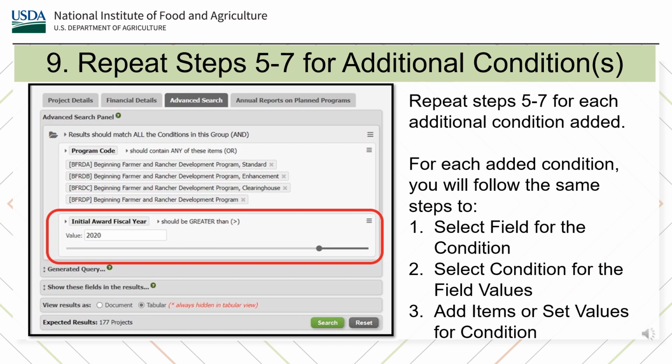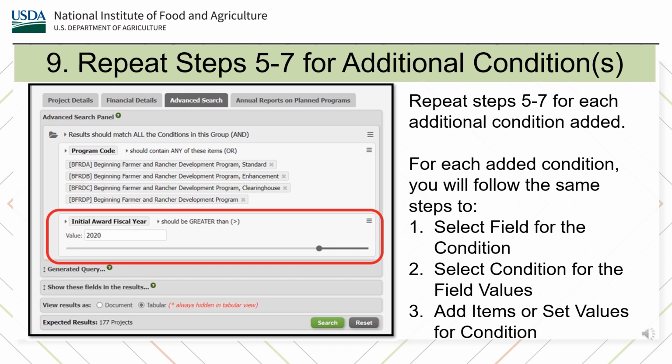For each additional condition added, you will repeat steps 5 through 7. For each added condition, you will follow the same steps to select the field for the condition, select the condition for the field values, and then add items or set values for that condition. In this example, I have selected the field Initial Award Fiscal Year for my second condition.